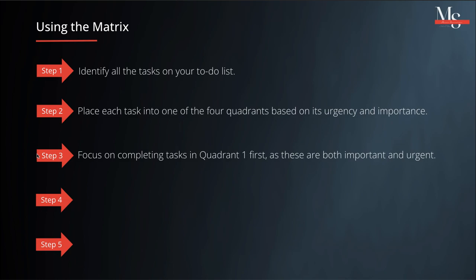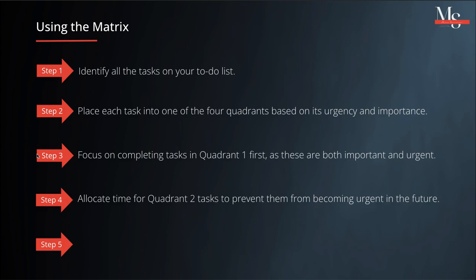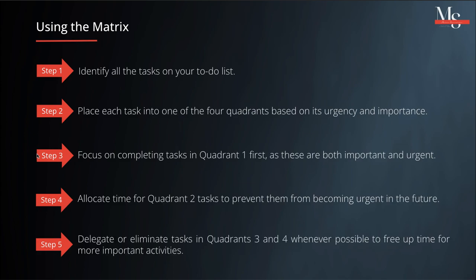Third step, focus on completing the tasks in quadrant 1 first, as these are both important and urgent. Next, allocate time for quadrant 2 tasks to prevent them from becoming urgent in the future. And lastly, delegate or eliminate tasks in quadrant 3 and 4 whenever possible to free up time for more important